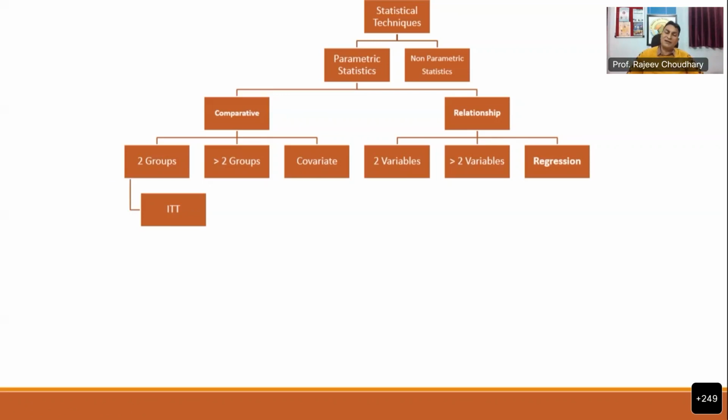This independent t-test is known by four different names. One name is in front of you, independent t-test. Another name is student's t-test. Third name is simple t-test. And this is also known as unpaired t-test. Independent t-test is used to find out the significant difference between the means of two independent groups. That's